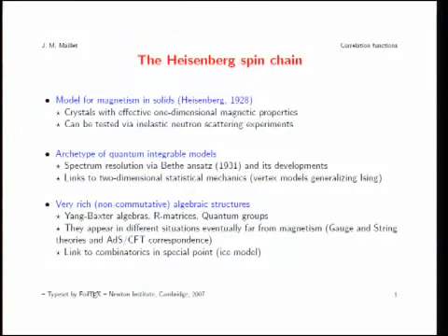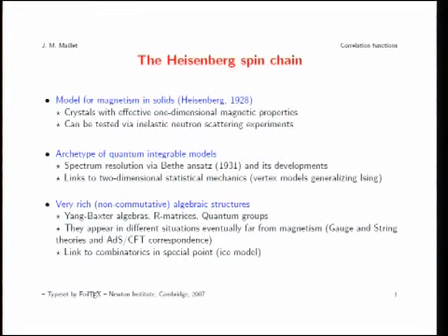As I said, the problem of correlation functions in these integrable models is quite complicated, and we don't know a general way to address this problem. So since we don't know the general way, we stick to a specific example, which was already historically very important, and where all the main techniques that we know have been invented. So this is the Heisenberg spin chain. Several people have already talked about this today, with a nice introduction this morning. So I will not spend too much time on the history, but let me just remind that this was invented